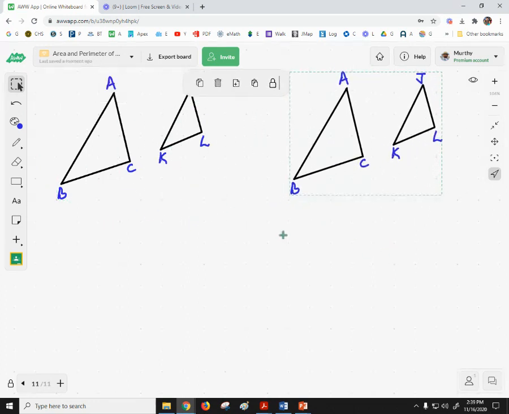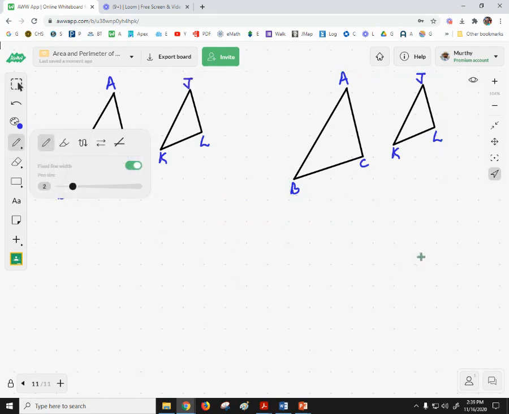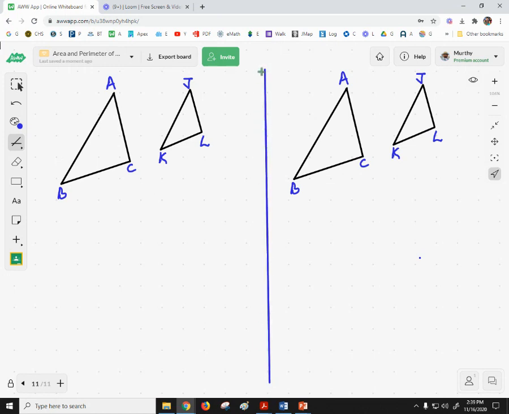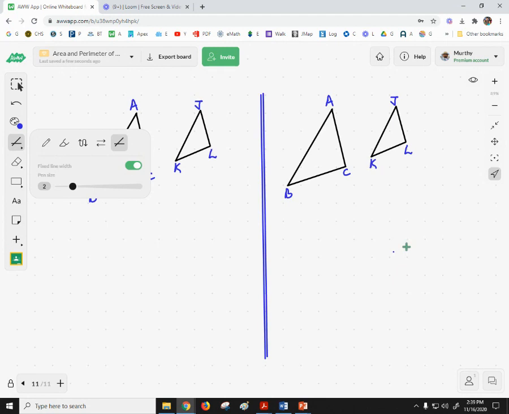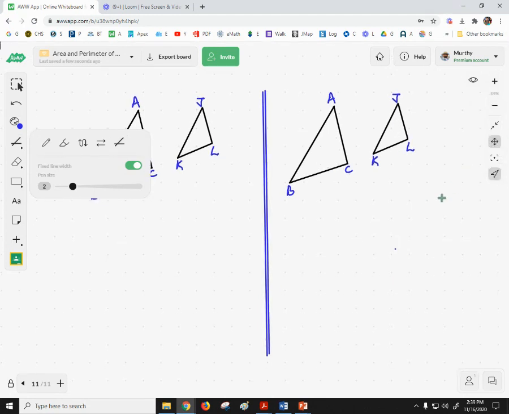Now I'll discuss the difference between these two scenarios. So let me draw a line to separate these two. Okay, so let's say that you are given these two cases, and you are asked